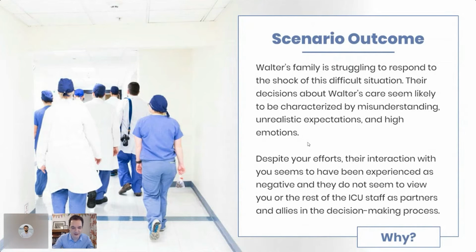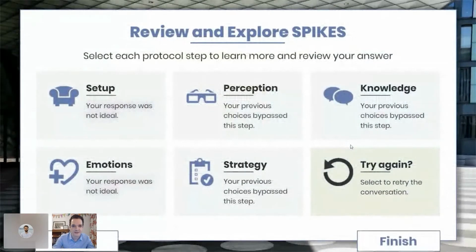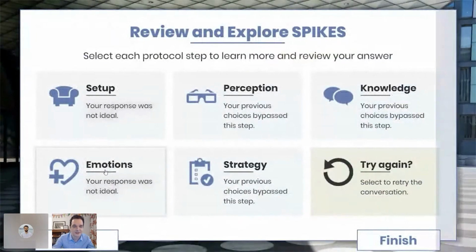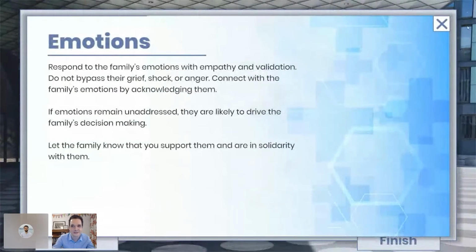On this screen, it fires off a statement with their total score to the system. That score, hidden behind the scenes, determines the text they have here on the outcome. Then this final screen pops up with the 5 main areas. Their 2 responses were not ideal, and then they managed to bypass these areas. So you can imagine the user saying, oh, what did I do wrong in that first part about the setup? They read and consult the information. They do the same thing about handling emotions in this difficult conversation. This is supposedly in an ICU setting.